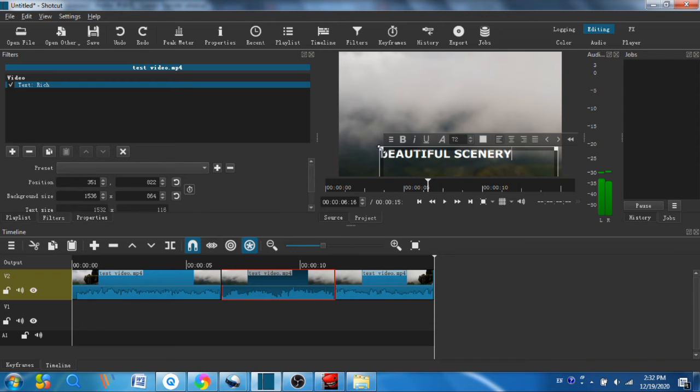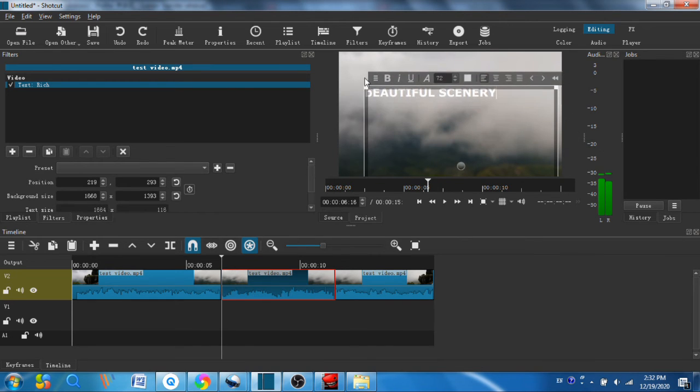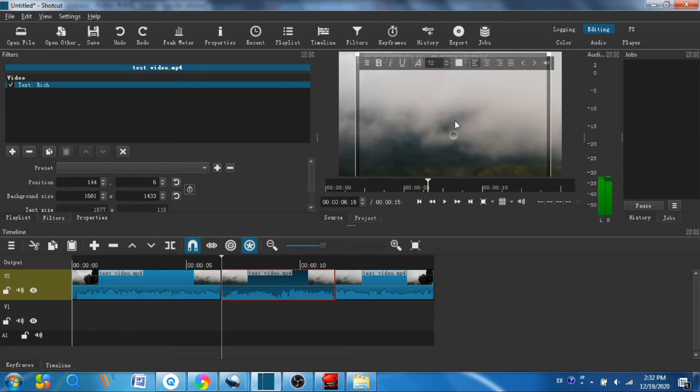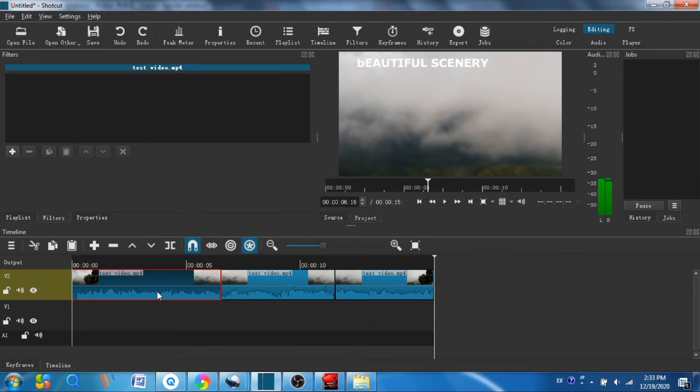You could just select the end and drag it so that the icon appears once again. Then you could adjust the text box size so that you could add the text much more conveniently. So this is very easy. Also, sometimes perhaps you find